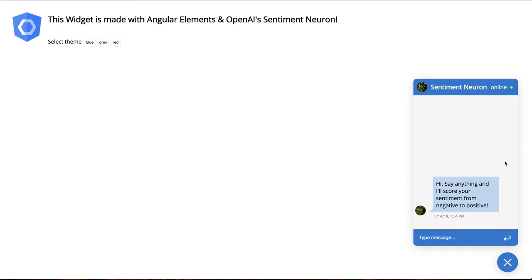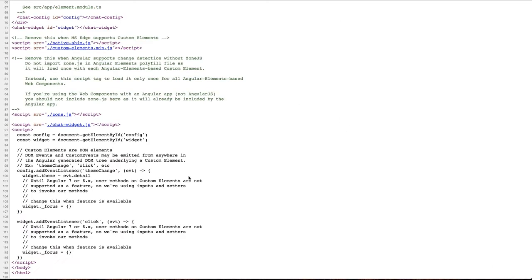The fact that you could then take this and reuse it in AngularJS, reuse it in React, reuse it in Ember, reuse it with Dojo, reuse it with jQuery. Basically, if you can throw it into any framework or in no framework at all, just the HTML, CSS, and a tiny bit of JavaScript or no JavaScript at all, it can still work. Obviously, we need a couple lines of JavaScript here to hook up the